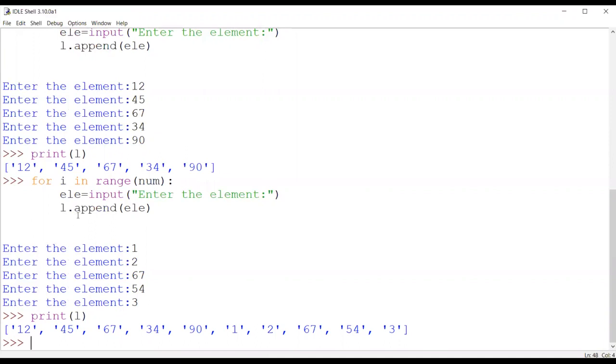So it can be used in both ways. It can work on an empty list, and it can work on my existing list also. So we have learned today how to accept the input from the user, or how to convert an existing sequence into a list. That concept we also studied in our previous session. So I guess this is enough for the day.